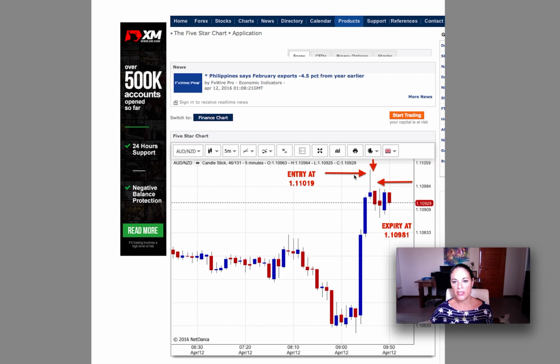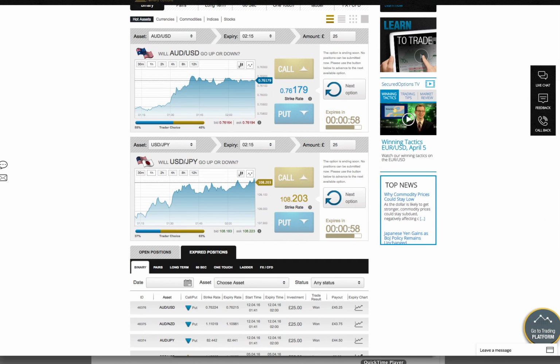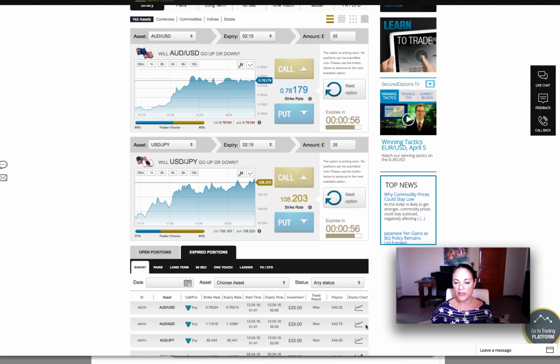Whereas our last trade, which was the most comfortable one, was the first trade we did as well, so we managed to get the price at the very top. We entered at 1.11019 and we exited at 1.0981. As you can see from our history, we did win all the 3 trades and therefore made some tidy profits